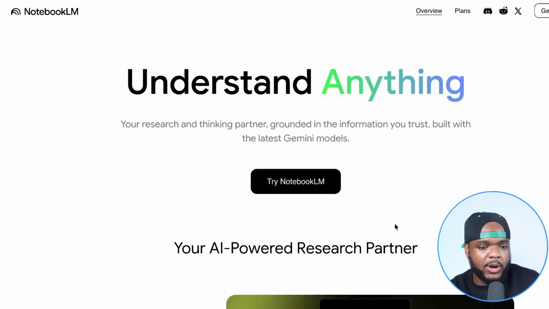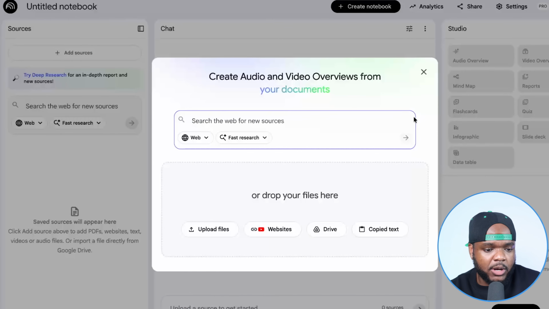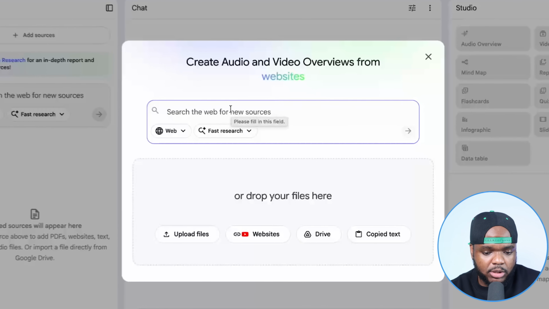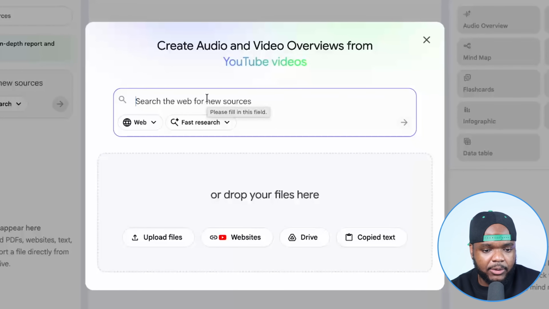And it's a very unique way that I found when it comes to being able to program it, because if I just click on this button over here, the way that it works is that you need to give it a source for it to refer to. So if you wanted to give it a URL link, you're going to be able to do that. If you wanted to give it a YouTube video, you can also do that. You can connect your Google Drive, you can upload files. There's so many different ways, but the way that I'm going to use in today's video is by giving it